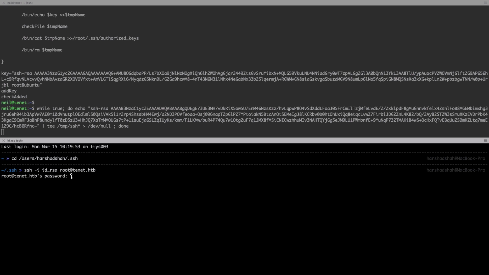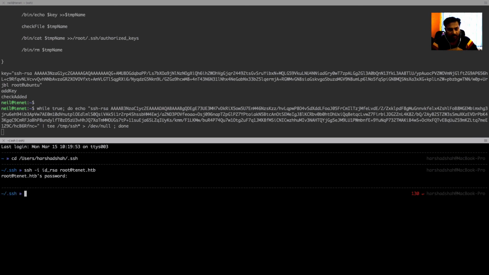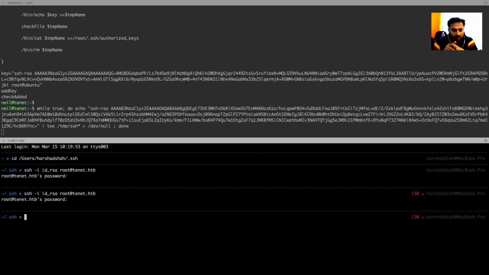So I think it's not done properly. Let me check what exactly is the issue with this. Let me try one more time. We are getting the same prompt again and again. This key may not have been copied properly, so I have no idea what is going on there.